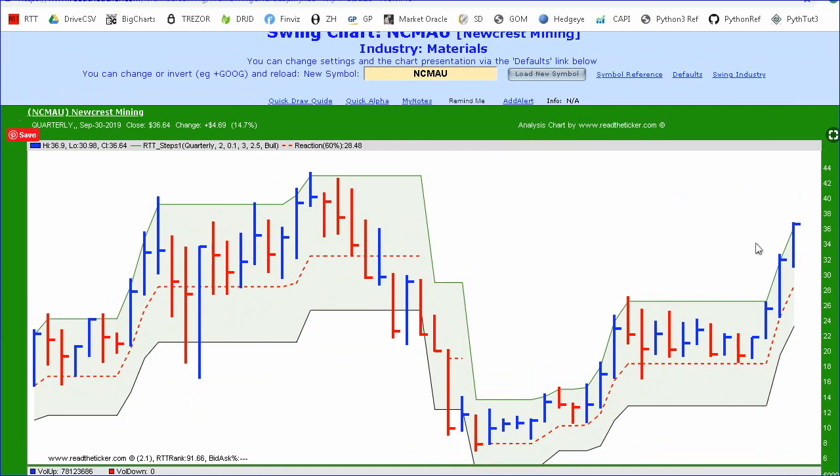So here we have, most importantly, RTT steps on quarterly data with those settings there, and the reaction line, that's the dotted line, is at 60%. That's like a 60% retracement from the most recent high, and the green band is determined by an average true range. That's correct. Now, if demand is present, you're going to find that price holds above the 60% pullback